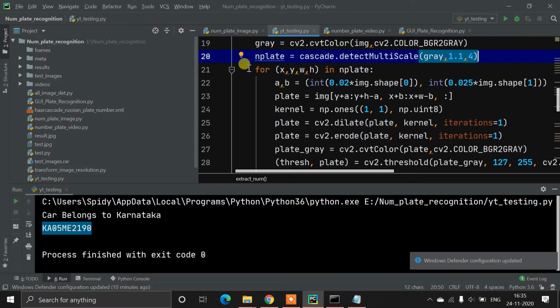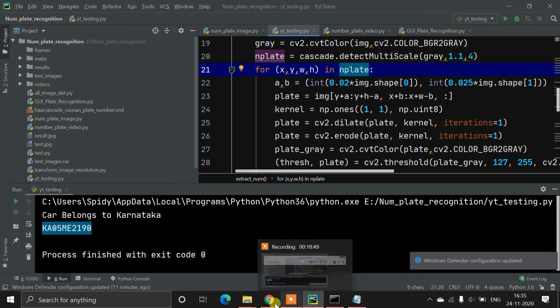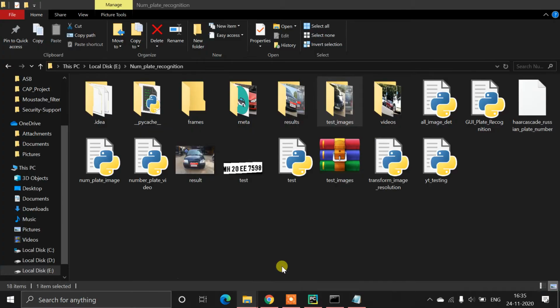Okay, so after the number plate detection we will get the four coordinates in this plate variable: x, y, w and h, that is x and y, and width and height. Now what we are doing, we are iterating a for loop. Obviously we need to iterate the for loop. And now from this car image,